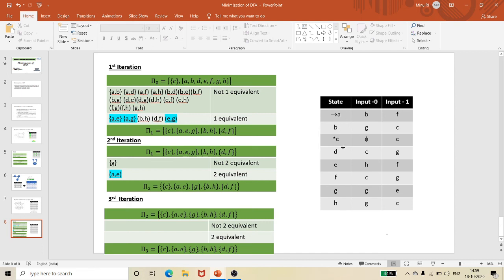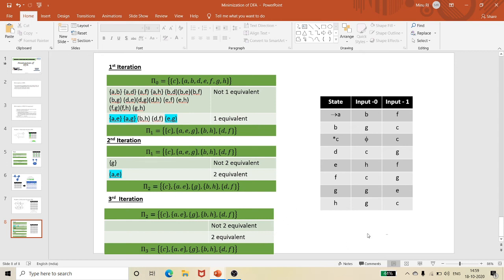B and H, GG, CC, and D and F, CC, GG. So I'm getting the same set. I can't divide anything because everything becomes equivalent. There is no 3 equivalent elements and all.